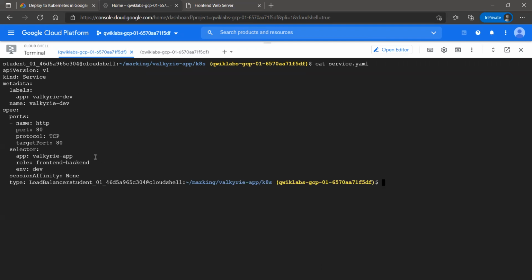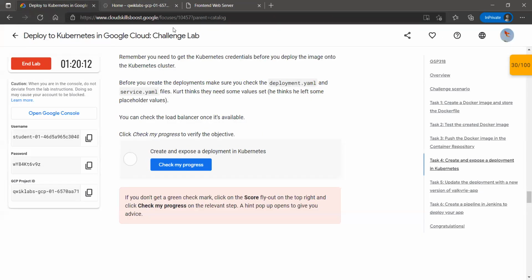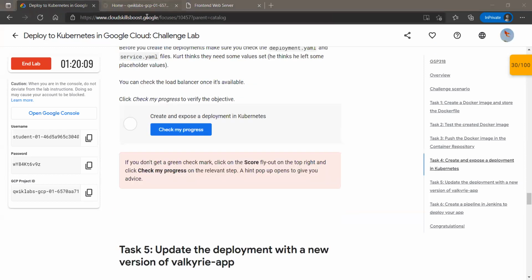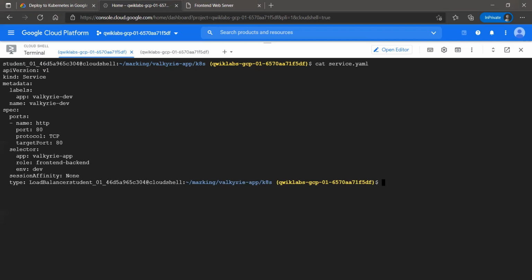So there is no need of any change into the service.yml file. Now simply we need to build deployments upon these two files, deployment.yml and service.yml. For that, firstly let's get the credentials for our cluster, which we will get by this command. gcloud clusters get